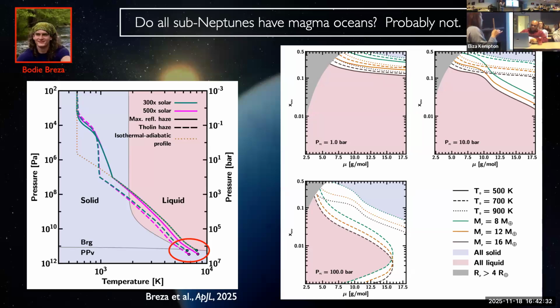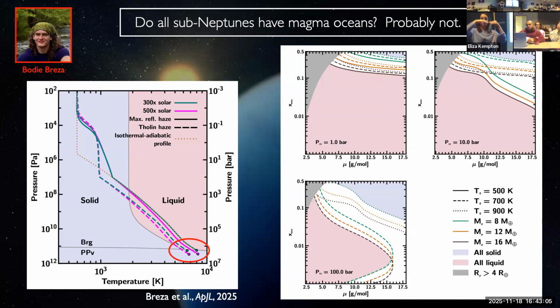But now, again, this is the work of a former undergrad, Bodhi Breza, who has been working with Matt Nixon, my former postdoc, and realized that maybe not all of these sub-Neptunes even have magma oceans. This was a model that Matt had previously run for GJ1214b. And so this is the temperature pressure profile that he predicts for the planet's atmosphere, all the way down to the base of the atmosphere. This filled circle is the